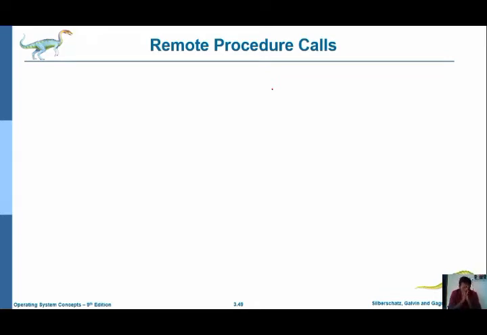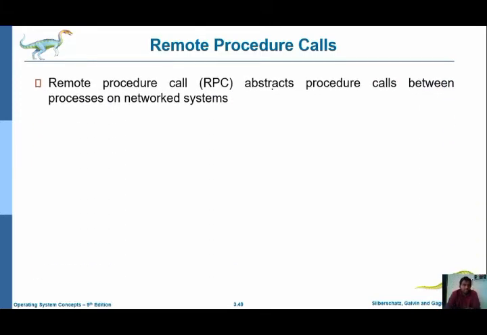Before discussing remote procedure call, first we should know what a local procedure call is. Procedure call means we are invoking some specific system or node to get some information. A local procedure call invokes a specific procedure within the same system. Invoking a system call throughout the world, outside of this device, is a remote procedure call. So the remote procedure call abstracts procedure calls between different processes